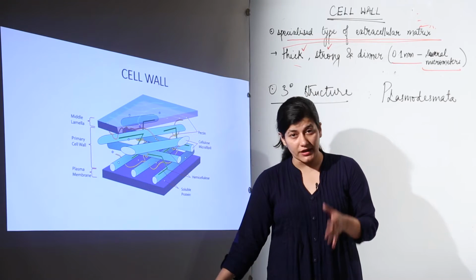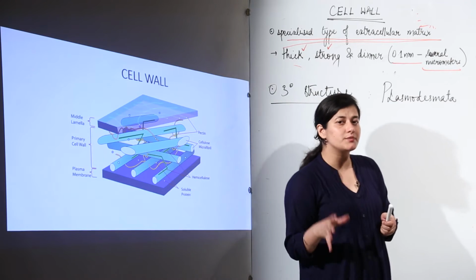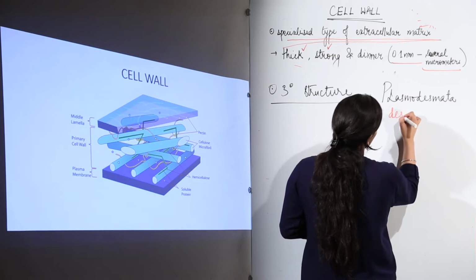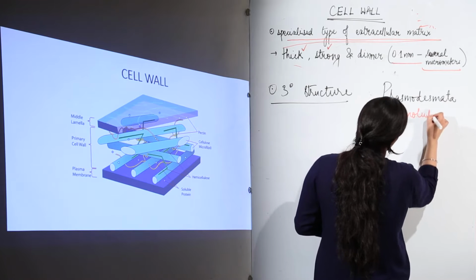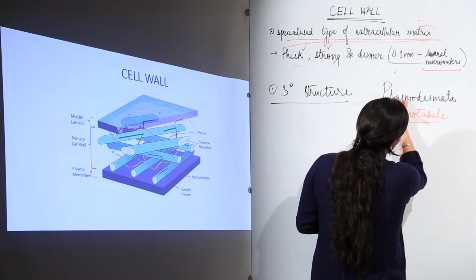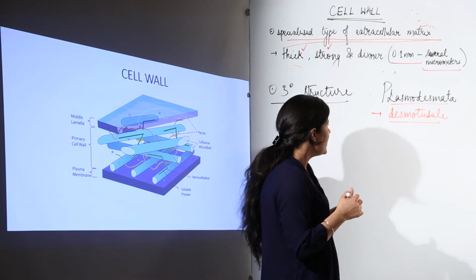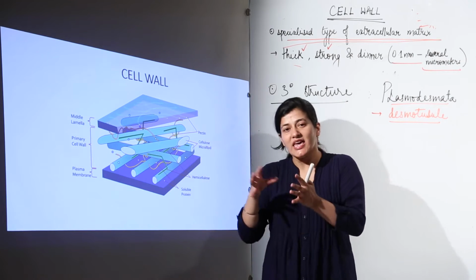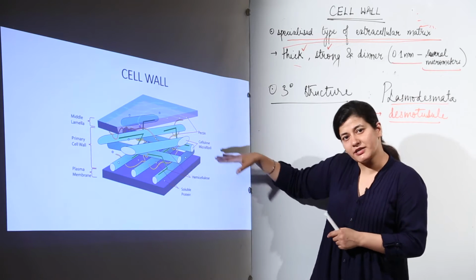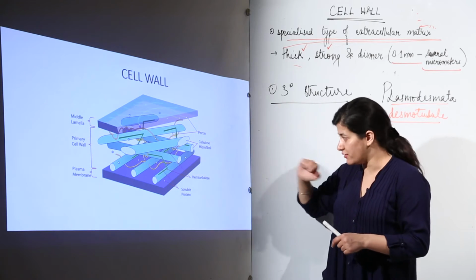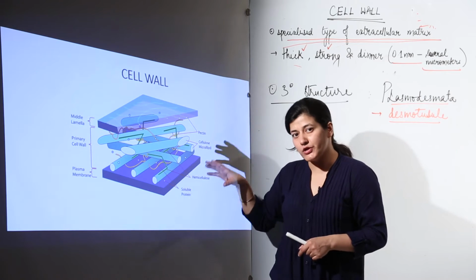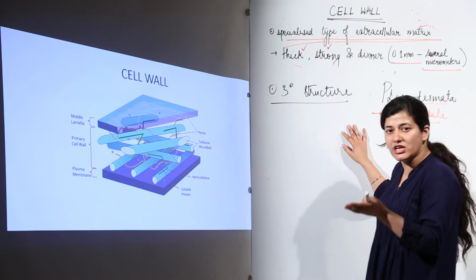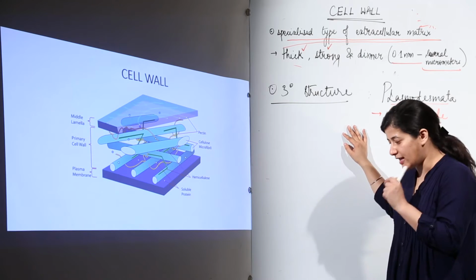Okay, now let's see what the tertiary wall is all about, what plasmodesmata are, and we are going to see another term known as desmotubule, which we need to understand in order to understand the tertiary wall. Now, as I told you, the primary wall in the cell wall is close towards the middle lamella, that means it is outside, outwards rather, and the secondary wall would be towards the plasma membrane. Now, what is the function of the tertiary structure of the wall, that is, the tertiary cell wall?